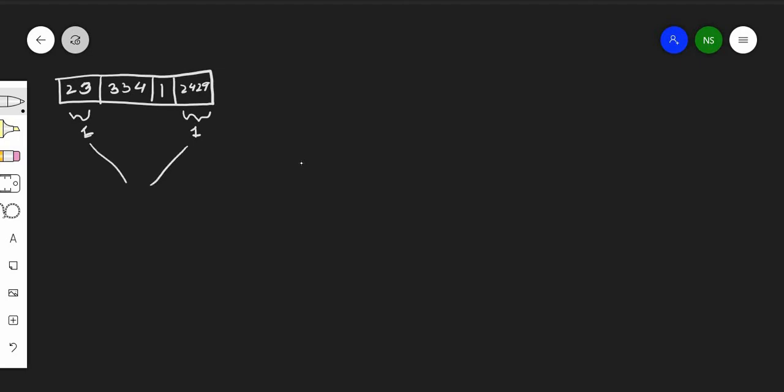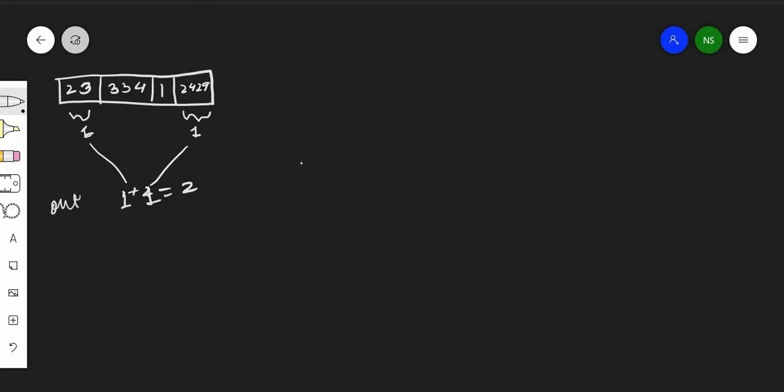So first of all, we will take one example array. Let's take the array as 23. This element might look like an odd element, and obviously it is odd, but the number of digits here is 2, so the number of digits is even. And another example, we will take 3, 3, 4, and another example as 1, and another 2, 4, 2, 9. So in this question we have an even number of digits here, which is 1, and again we have one here. So our output should be 1 plus 1, which is 2, right?